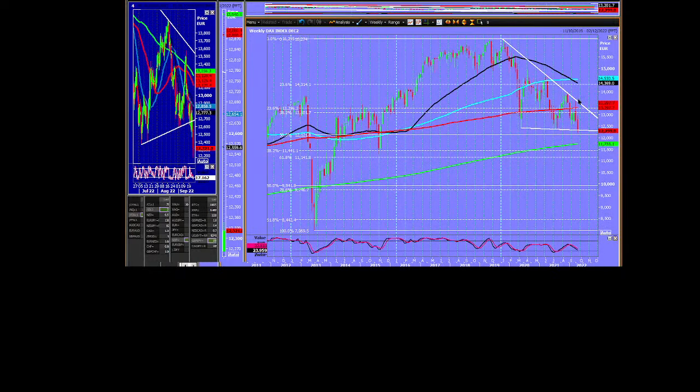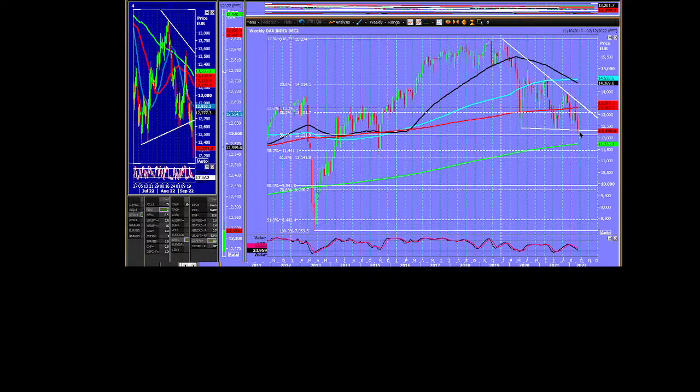A descending triangle is a bearish pattern anyway. It indicates that sellers are willing to accept lower and lower prices on every bounce because they want to get out, or they want to get short, or exit their positions or their investments. And once you break the lower trend line, and we've only just broken it, we've only just broken the previous lows, and these were good lows. We had a real strong bounce off 12,367. Two strong bounces off there in the summer, so that really did work well. I don't really know why it worked as such a good support level, but it did. And then we bounced to the trend line. Now we're breaking it.